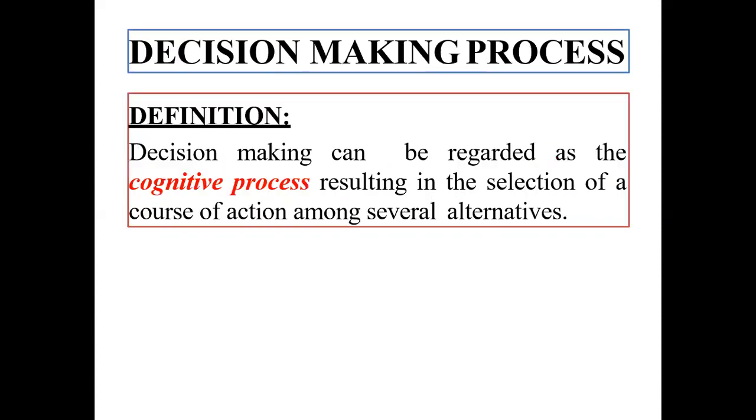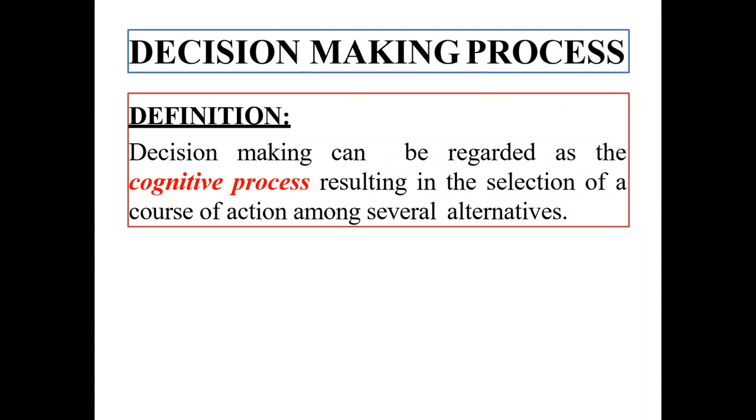So we can begin with the first thing first. Decision making becomes so important, as I already pointed to, because managing without decisions is practically impossible. And therefore, decision making is defined as a cognitive process. Now, the word cognitive has to do with thinking processes. Therefore, decision making,